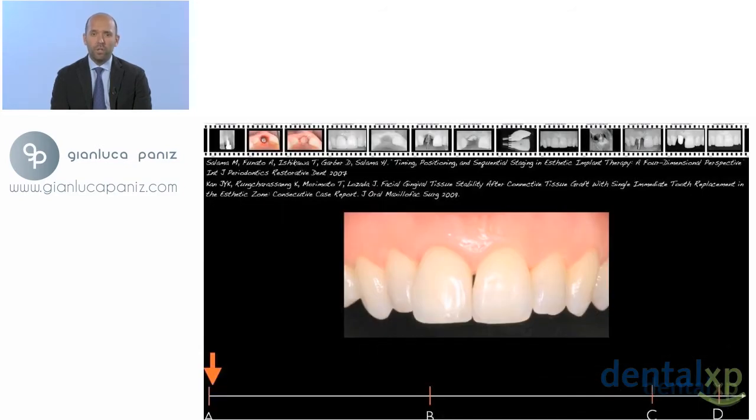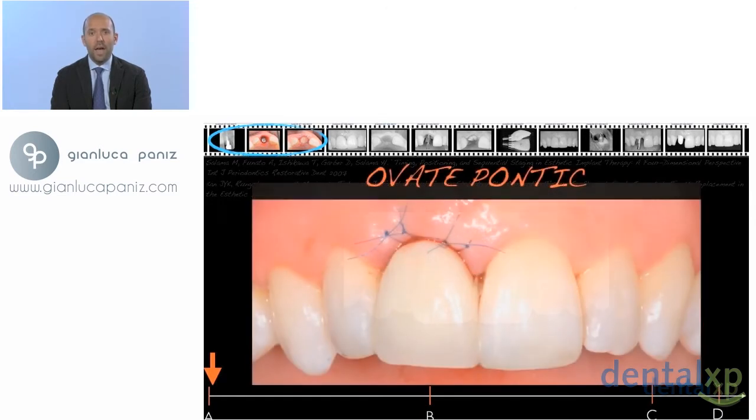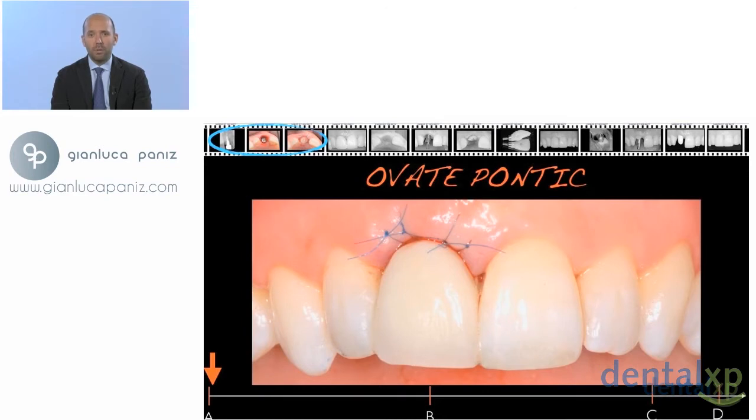And of course, it's not an issue of this presentation, but Luca in his presentation explained it properly, that we need to manage properly the surgical aspect of the case by an atraumatic extraction of the tooth. In this particular case, we proceeded with an immediate implant placement, and as you can see in the small picture at the top of the screen, with a connective tissue graft to cover the implant. And what is extremely important from a prosthetic perspective is that right after the insertion of the implant and the grafting of the connective tissue, we need to proceed with our first prosthetic step, that is the insertion of an ovate pontic,